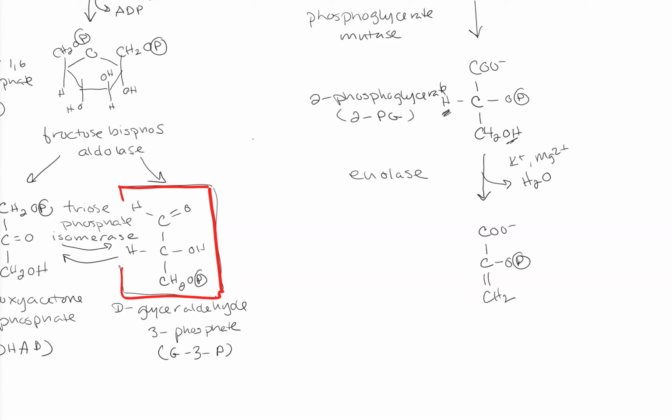Where we've done a dehydration, forming a double bond between the 2 and 3 carbon, losing the hydrogen and hydroxyl group that I showed above. And this is something you've probably heard of before. This is phosphoenol pyruvate. And phosphoenol pyruvate, or PEP,